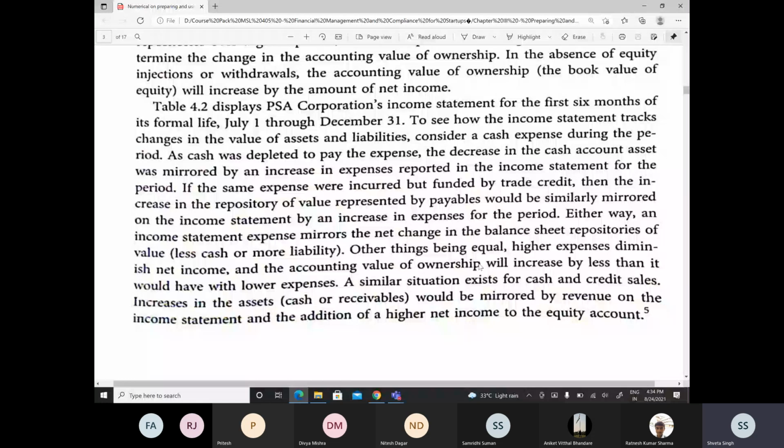If the same expenses were incurred but funded by trade credit, then the increase in the repository of value represented by payables would be similarly mirrored on the income statement by an increase in expenses for the period. Either way, an income statement expense mirrors the net change in the balance sheet repositories of value,